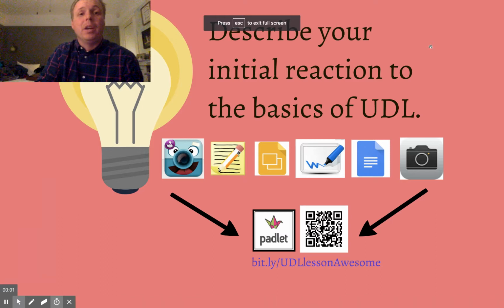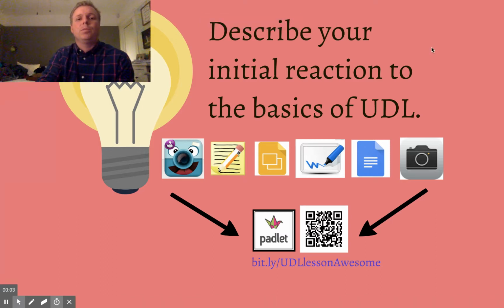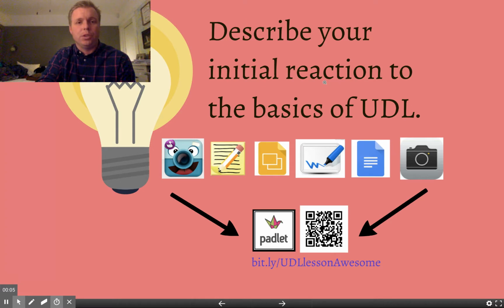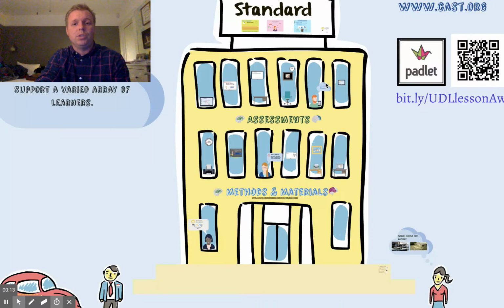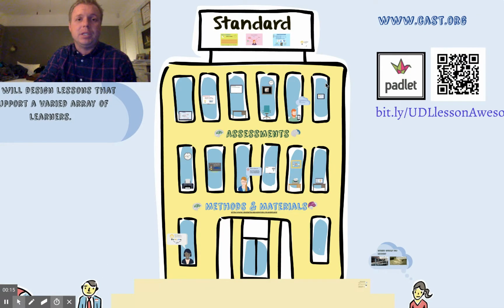All right. So hopefully you had a good time on Padlet, working out what your initial reactions were to the Universal Design for Learning, both in the foundations and in the guidelines. So now we're going to go ahead and move to the actual building itself and how we design instruction with UDL in mind. So like I said before, the first and foremost thing that you want to do is you